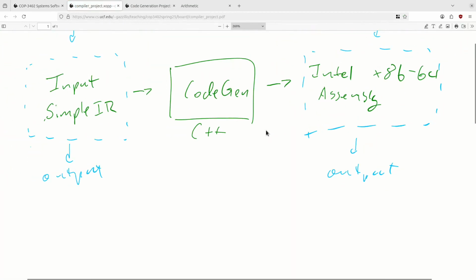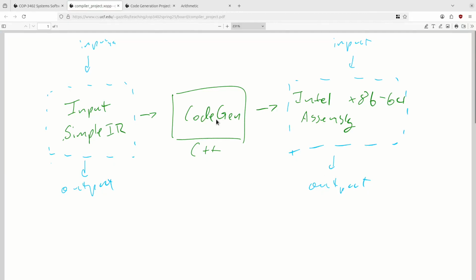Remember that this is what our compiler does. We have this program written in C++. It takes simple IR text files and prints out assembly text files. And these programs should be equivalent. All the inputs given to the simple IR should give the same output as those inputs given to the assembly. So what I've given you is